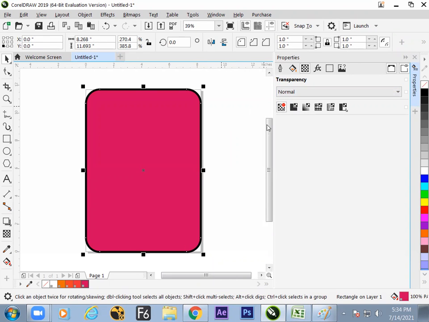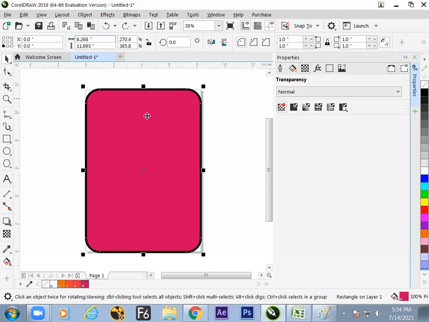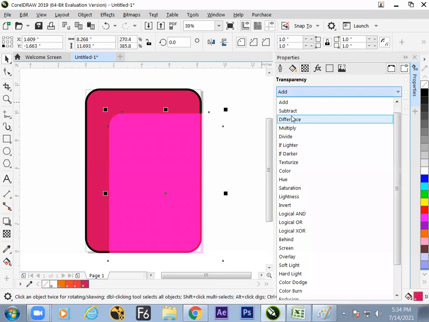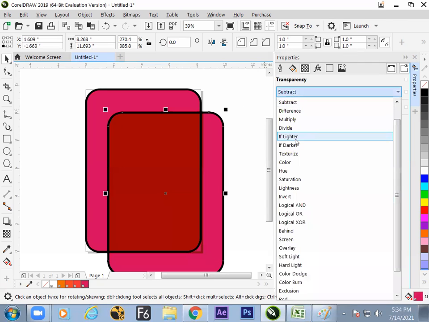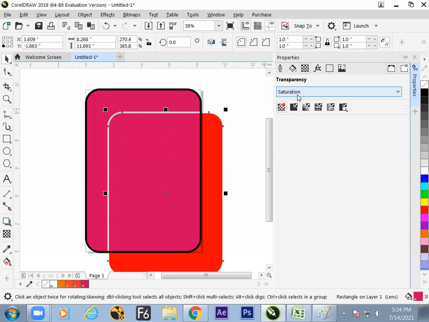So even if there are two objects, let us take an example. This is one object and we have duplicated the object by copy paste. Then we find the second object over here. So let us copy and paste. The second object, we want to mix it in add mode. So you can see now, because of the blend mode, we can find the next level operations on your screen. Very beautiful options. It is by default not visible on the screen. Often blend modes are missing in the design. Now, because you know the property window well, you can find the transparency as well as blend mode together.